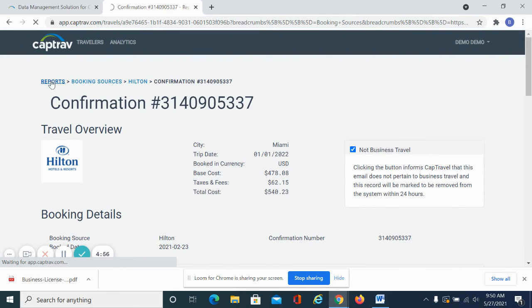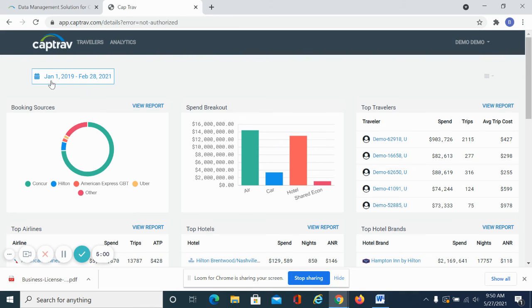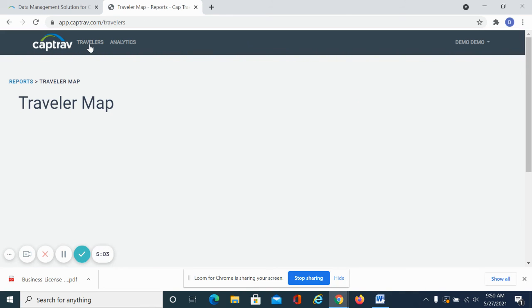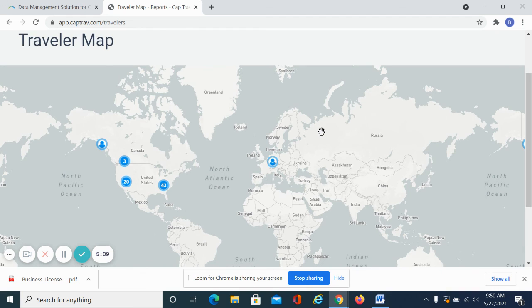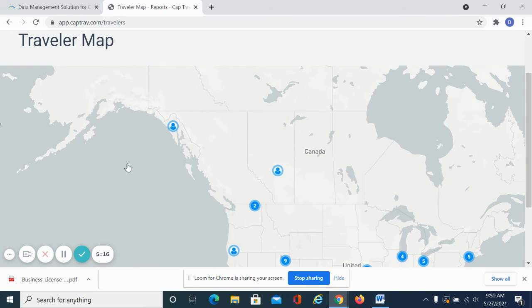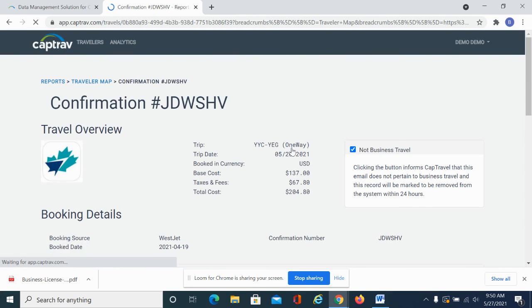In addition to the reports that you see, and because we are able to collect all booking data no matter the source, we also have the ability to let travel business owners know where their travelers are at any given time. This references the critical duty of care component that I had mentioned earlier. By placing these points on a map, we can tell with specificity where a traveler is at any given point and drill down much the same way that we drill down on the other reports.